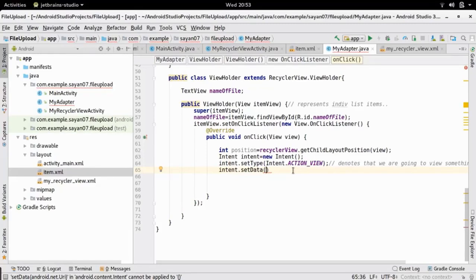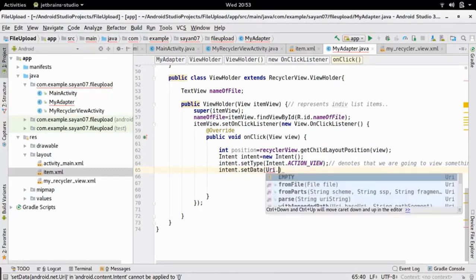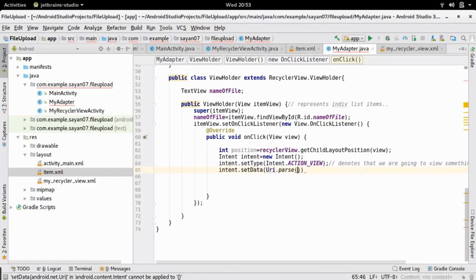So let me write URI and then call the parse method, and within this parse the corresponding URL. So it is stored in the URLs array list at this position. So basically we have created an object of URI for this corresponding URL and pass this to the set data method of intent.